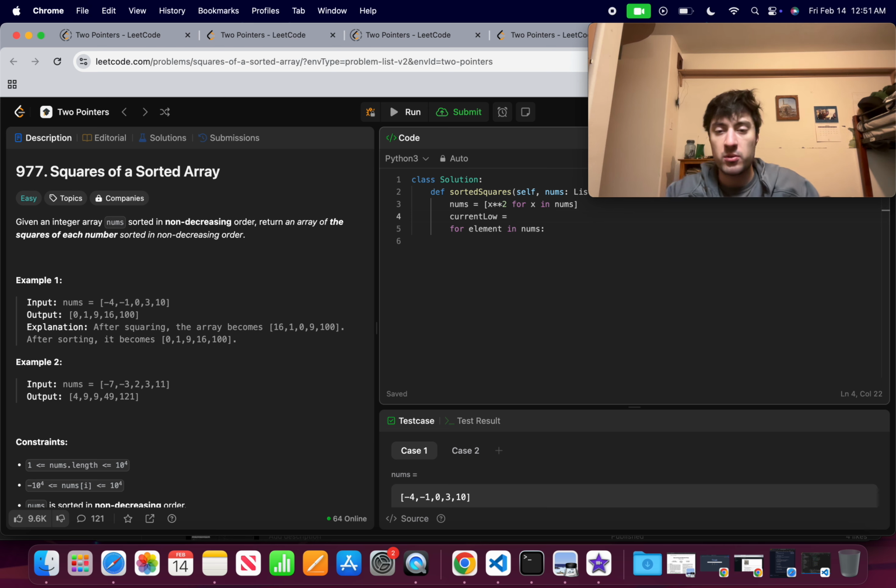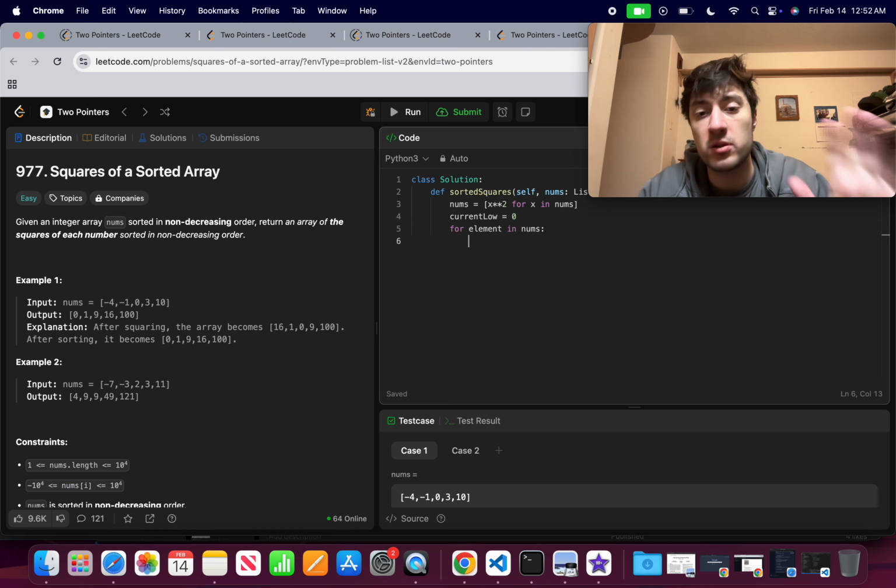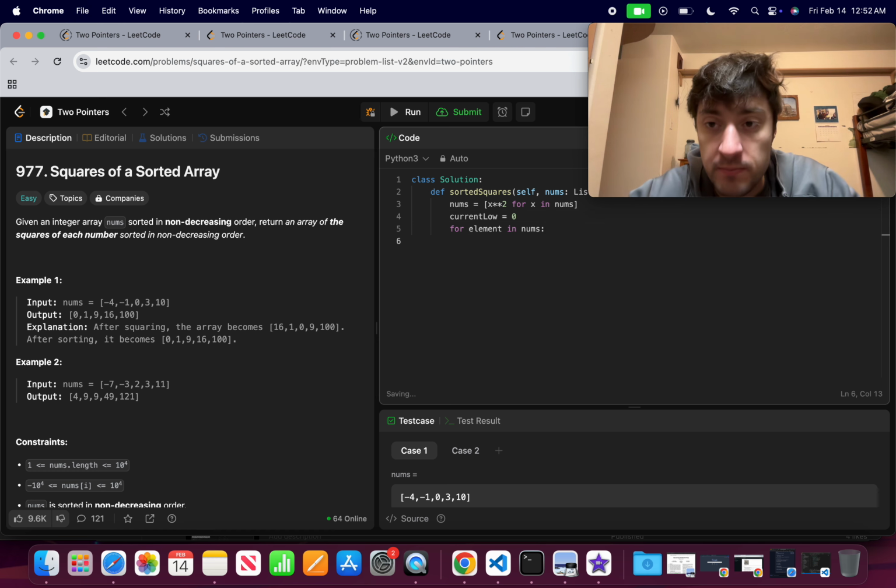Current low. I can't just say 0. I can't do that because we're going to be coming through here, and current low actually can be 0 because these numbers are squared and everything is positive. So current low is 0. So if element is less than current low,